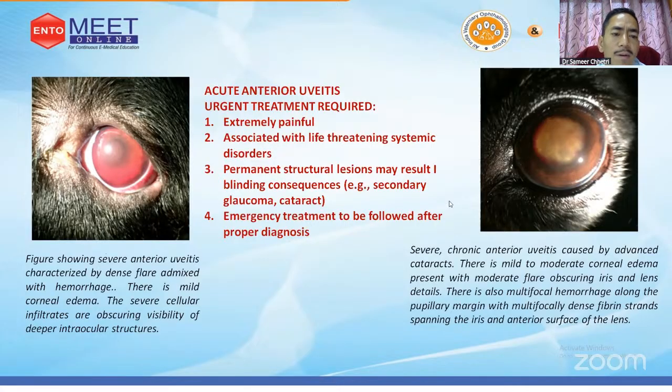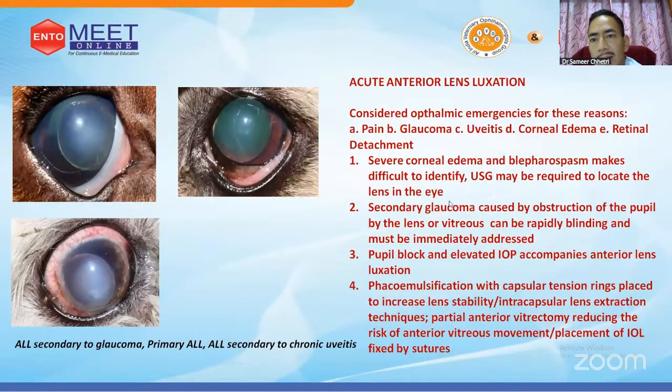Secondary glaucoma is often seen during lens luxation. When there is luxation of the lens, there is a painful condition of the eye, and intraocular pressure increases because of the disruption in the balance of the inner eye liquids. So acute anterior lens luxation is another ophthalmic emergency. The reason is it's painful,